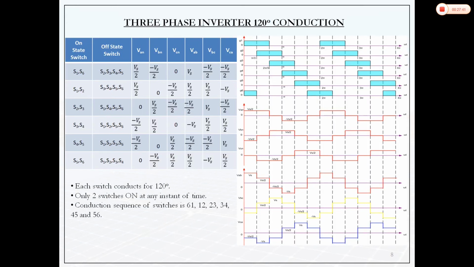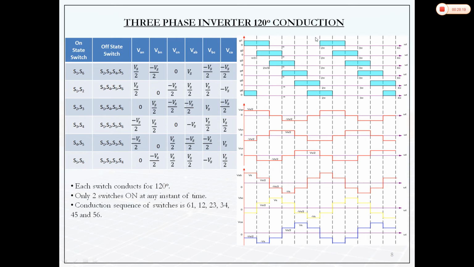Similarly, you can analyze for 120 degree conduction. In 120 degree conduction, you can see each gate pulse is applied for a 120 degree interval. G1 is for 120 degrees, then G2 is for 120 but shifted by 60 degrees. Each gate pulse will be shifted by 60 degrees, and each is applied for a 120 degree interval. So 120 degree interval it will be on, then 240 degree interval it will be